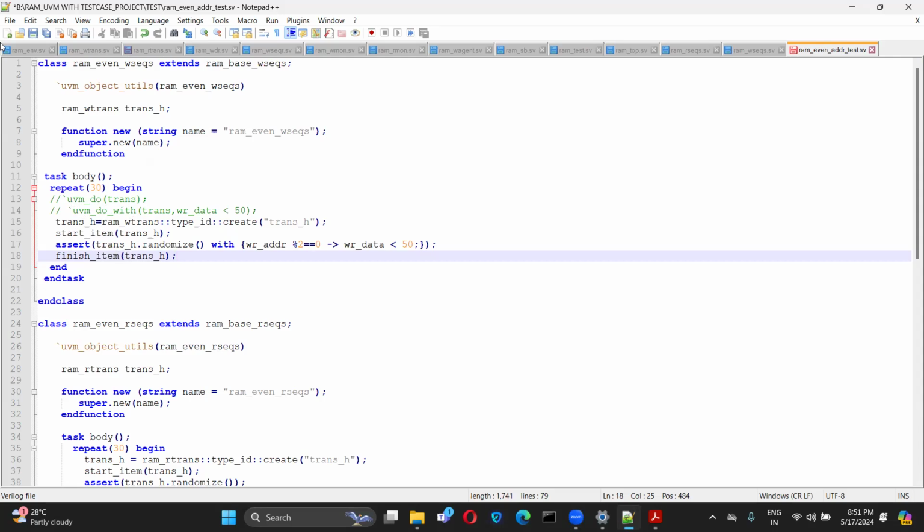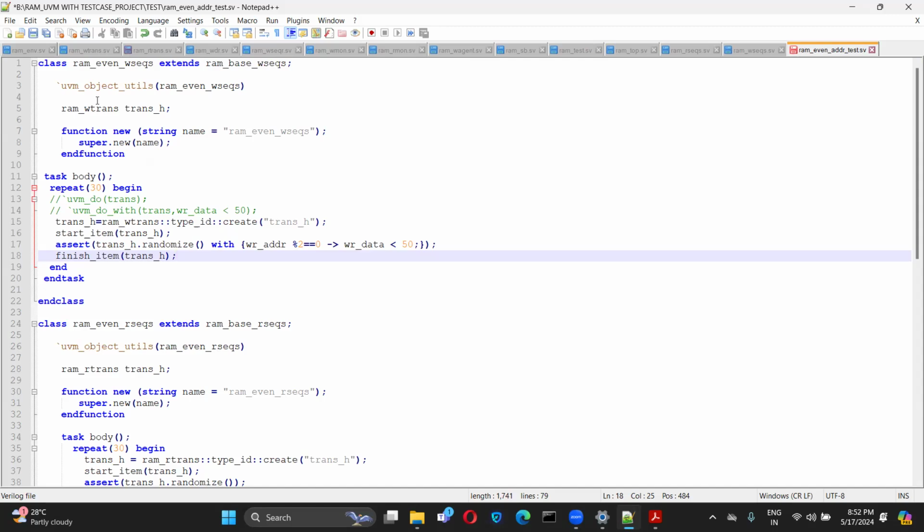What do you understand when we write UVM object utils? It is performing some function at the back end. For every macro there will be a source code.